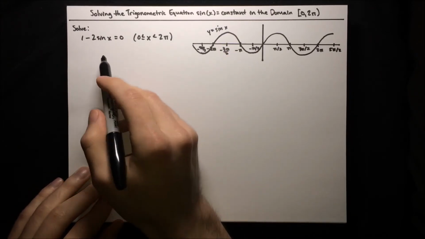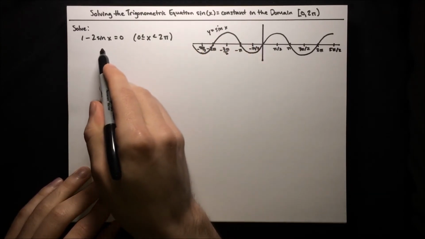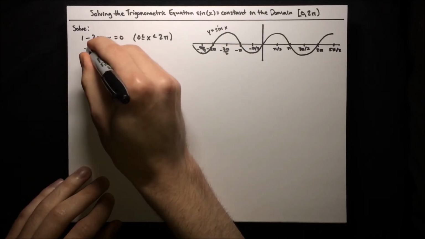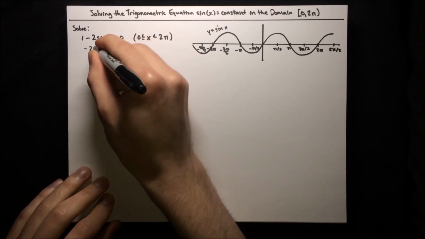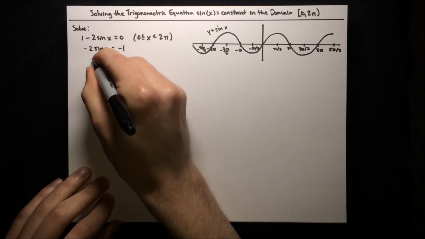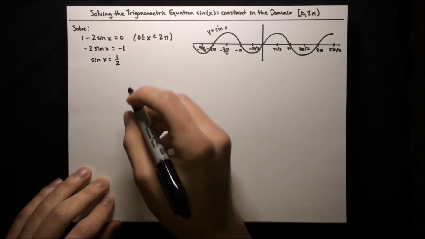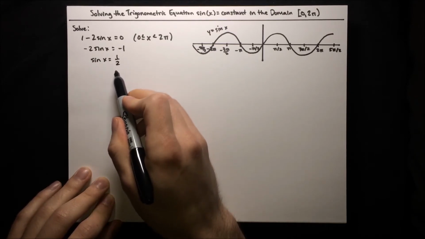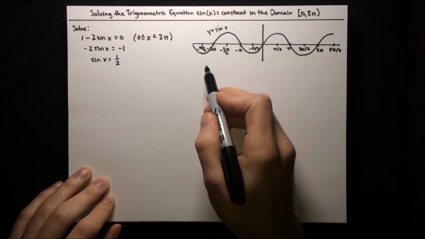So let's first manipulate this equation to get it to the form sine of x equals constant. Let's get the sine of x alone on one side. Subtract 1, we get negative 2 sine of x equals negative 1, and then let's divide by negative 2, and we'll just get sine of x equals 1/2. Great, so now we've got our equation, sine of x equals a constant. In this case, the constant is 1/2, and we have to go ahead and solve this using the same method